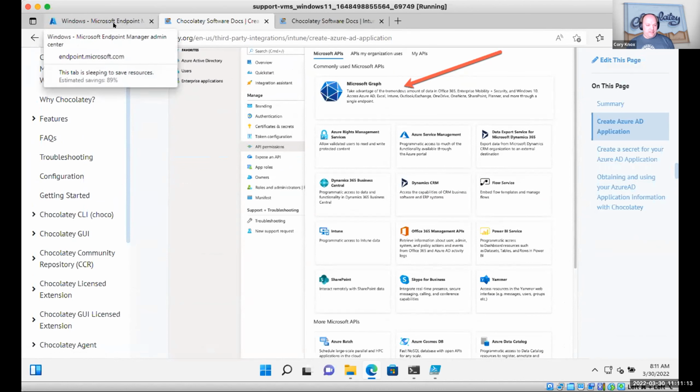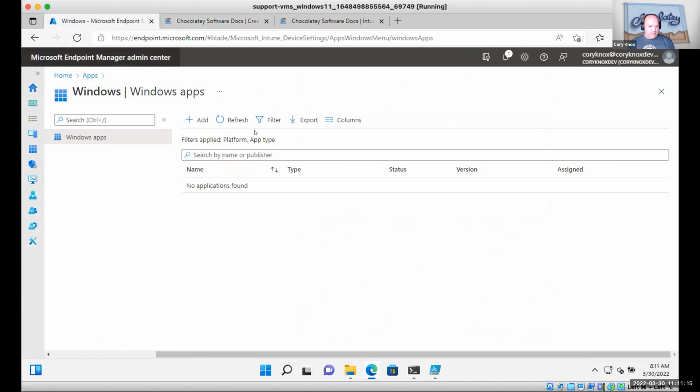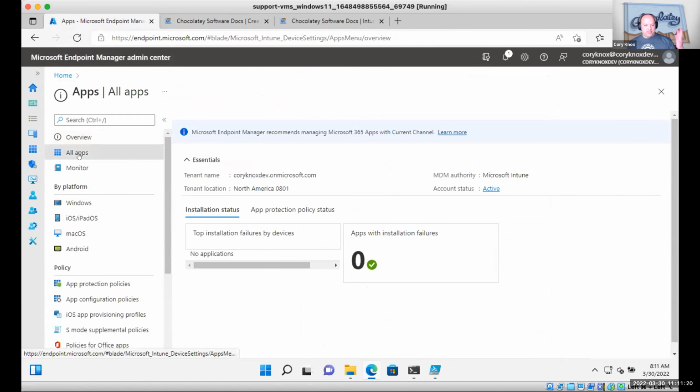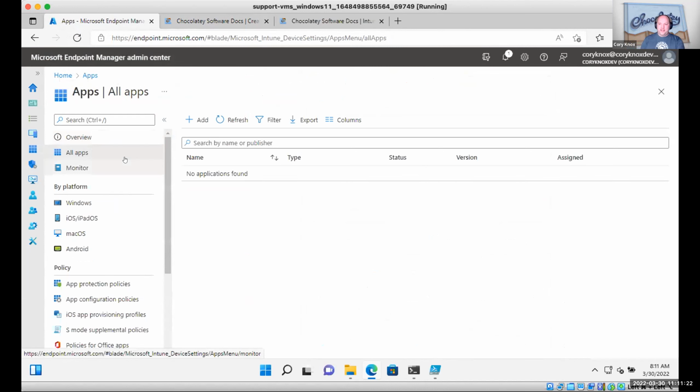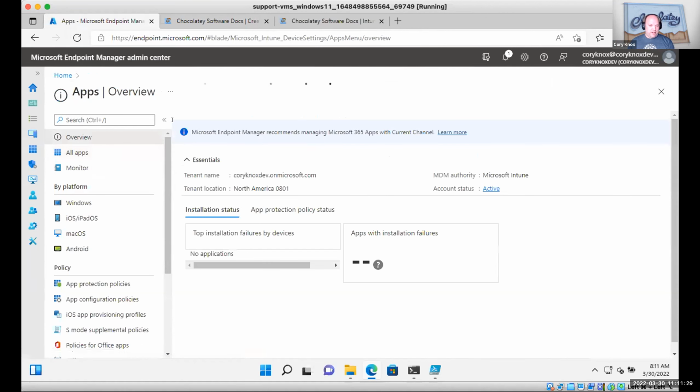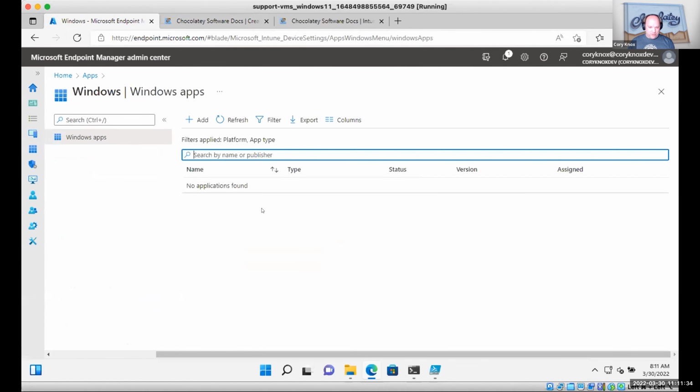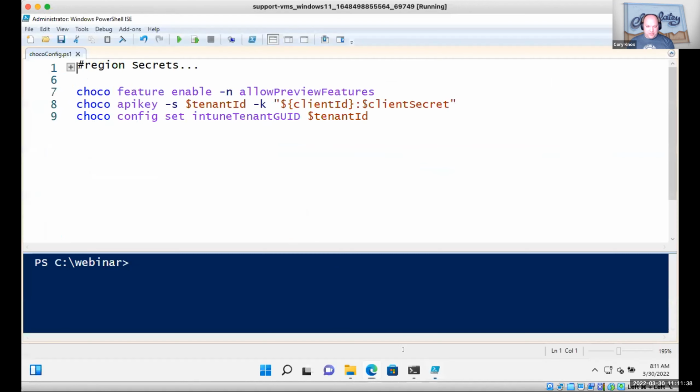And in Intune itself, just to show that we don't have any tricks up our sleeves, there are currently no applications. So this is basically a fresh tenant for all intents and purposes. And now that we've got those secrets that we mentioned, we're going to want to enable the allow preview features